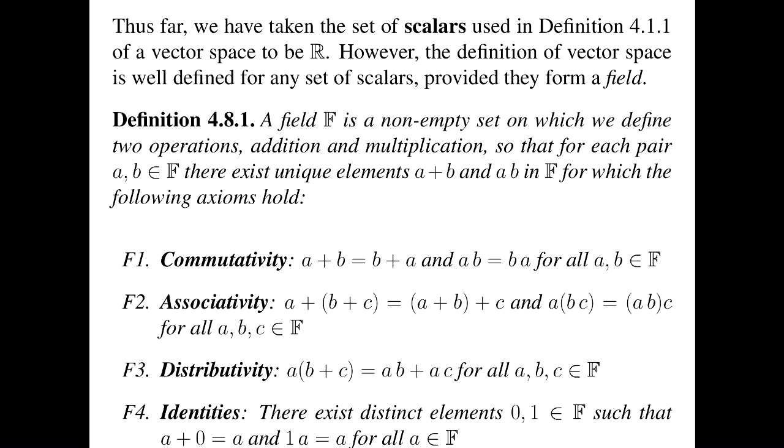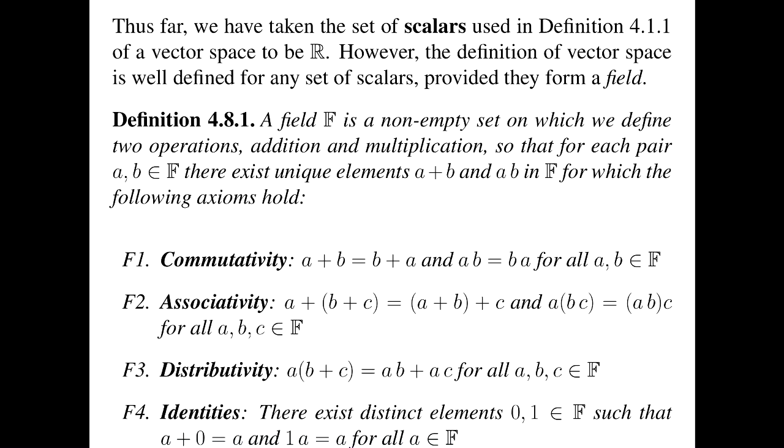There are two very concrete reasons why you would want to do this. So far, our scalars have been the real numbers. If you want to do quantum mechanics, which you should, your scalars are the complex numbers. If you want to do computer science, which is also okay, then your scalars are generally elements of Z2. I'm not going to talk about quantum mechanics, but I am going to talk about applications to computer science briefly. So we're going to be interested mostly today in vector spaces where your field of scalars is some